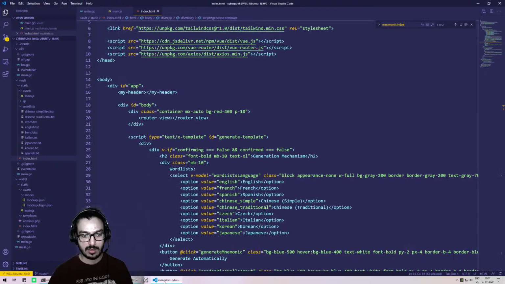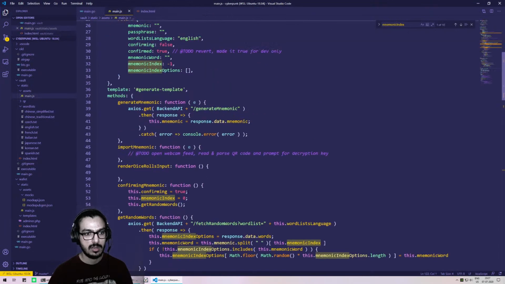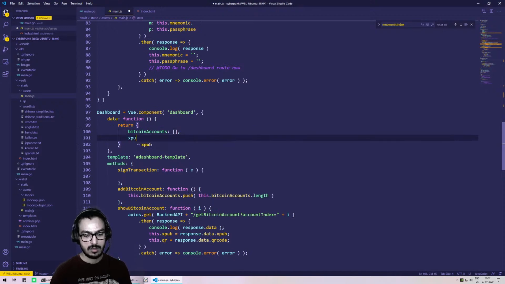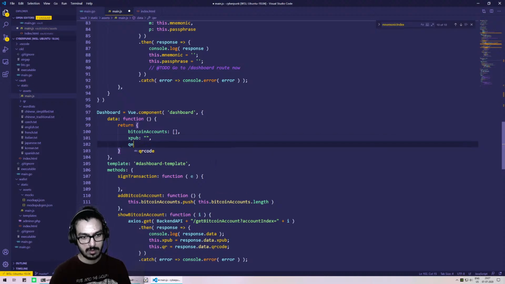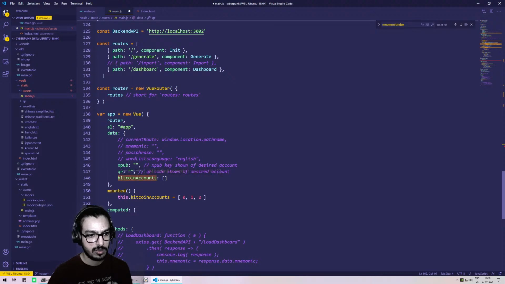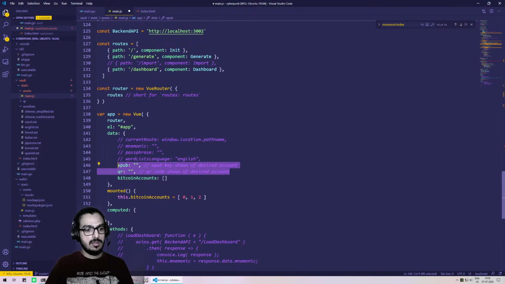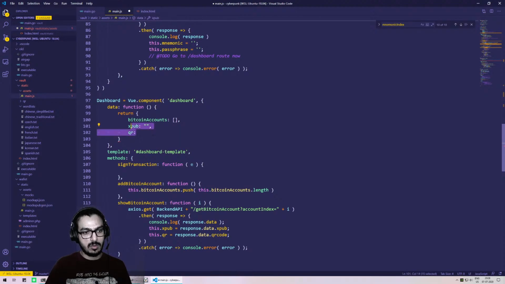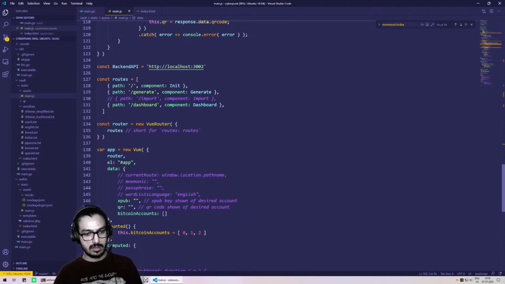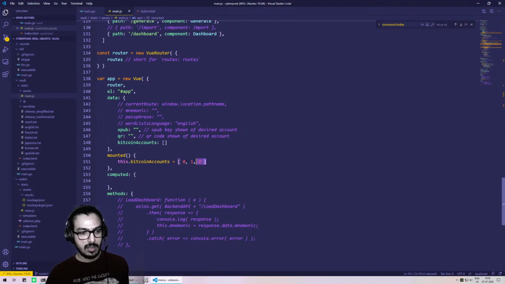And then the xpub and whatnot. Did I define all of these for the dashboard here? Okay, I did not. Xpub, then QR. Xpub, QR, Bitcoin accounts, these three things. I'll just copy it from here so that we have the comments for these here as well. So these three, then these three things are going from here as well, and the root instance is okay. Do need this mounted function because we want